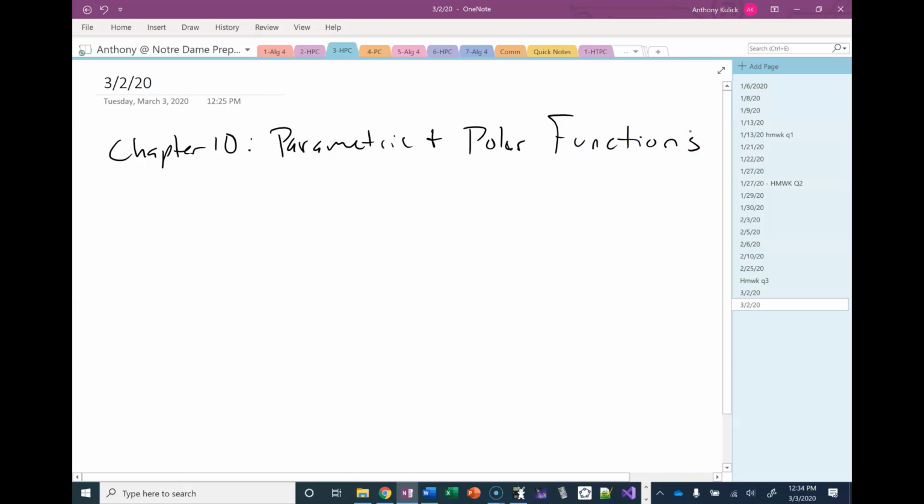Okay, so we're going to start chapter 10 today. Chapter 10 is about parametric and polar functions. So when we use this term parametric function and polar function, it's not really